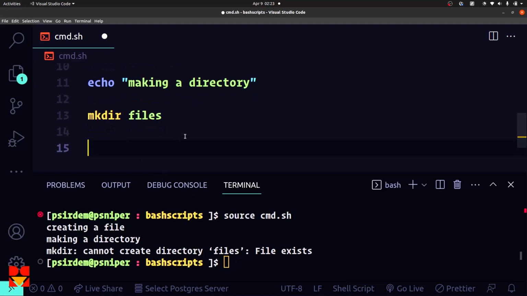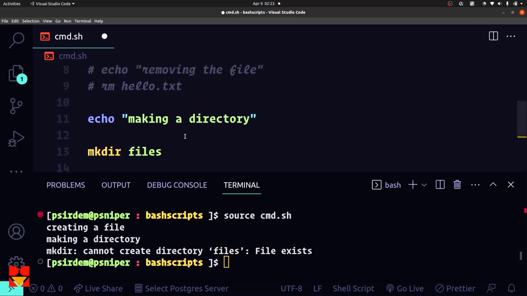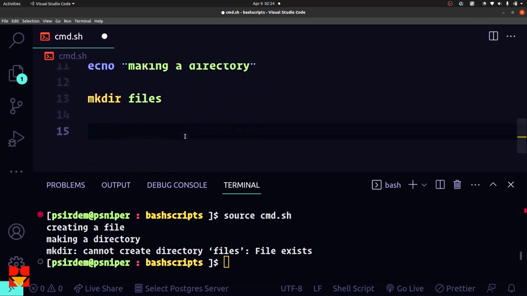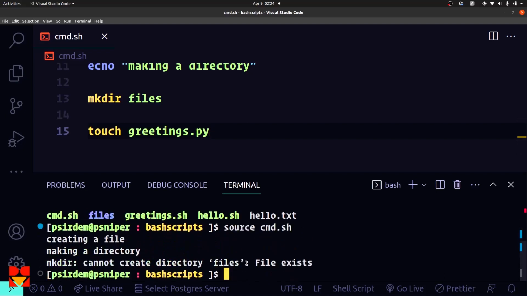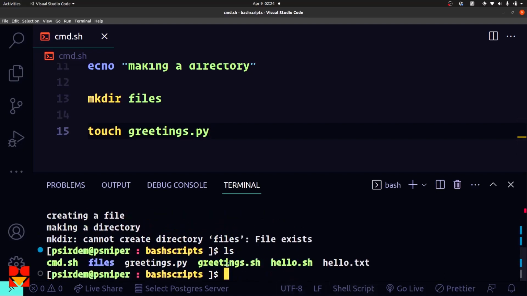Assuming we have another command here, move, or let's say touch something, touch hello, or hey, or greetings.py, right? Assuming we have another command here, right? So let's rerun this source. If I do ls, you see that